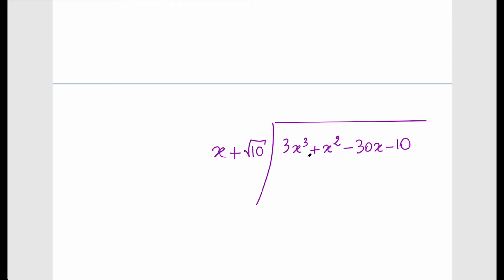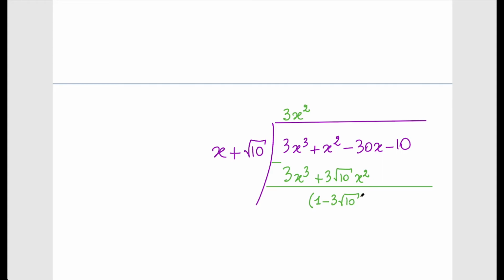So x times what is 3x cubed? That's 3x squared, right? 3x squared times x is indeed 3x cubed. And 3x squared times square root of 10, that's 3 square root of 10 x squared, right? 3 times square root of 10 is what it is, so 3 square root of 10 x squared. And now if you subtract, you get this minus itself is 0. x squared minus 3 square root of 10 x squared, so you get 1 minus 3 square root of 10